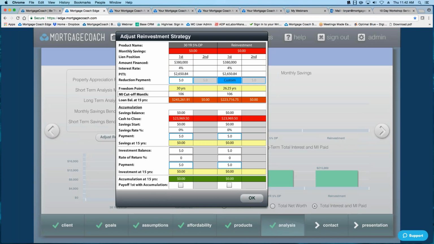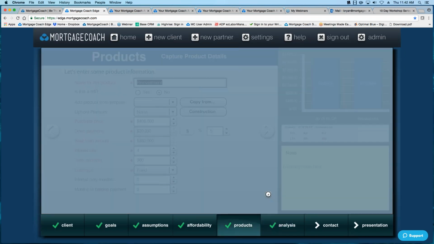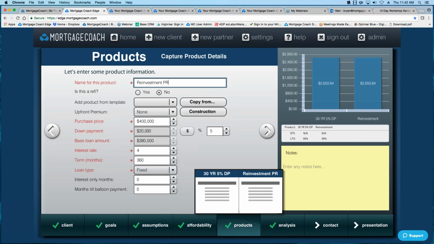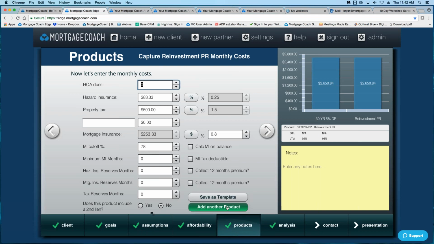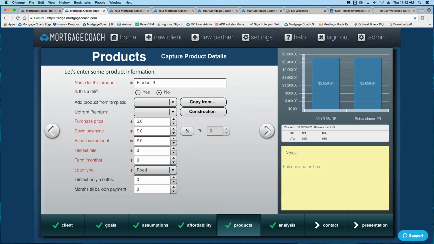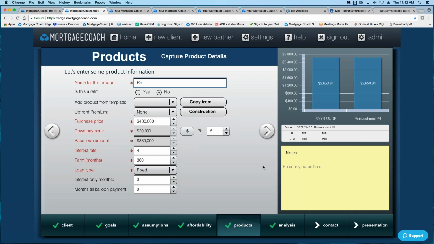Now I can go ahead and maybe just to keep it a little bit easier to follow, I'll add a third product, and this one will be towards an investment account. So this one would be, I'll put PR for principal reduction. And then let me add another product. And this one will be going into an investment account, and I'll show you how to do that. So I'm just going to copy again that second product option, and I'll edit it. So this is reinvestment,